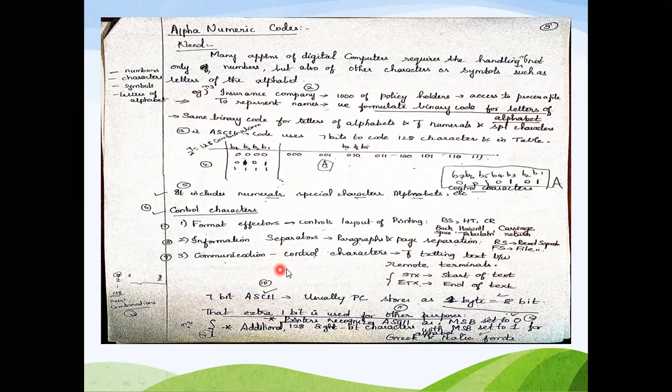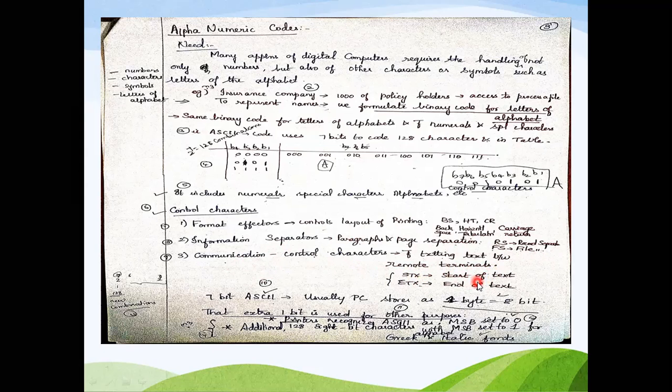The third one is communication control characters, which are for transmitting text between remote terminals. We want to give an alert signal to the receiver when you are going to transmit your data and when you are going to end your data. The receiver cannot wait for your data all the time. So you want to indicate that you are going to send your data, you start sending your data, and your data has been sent and it is finished. That can be given by means of these communication control characters.